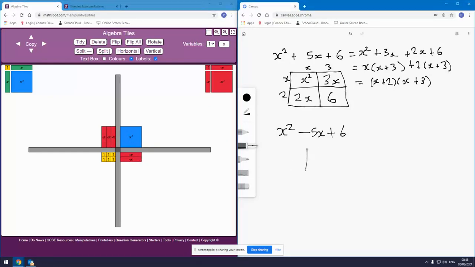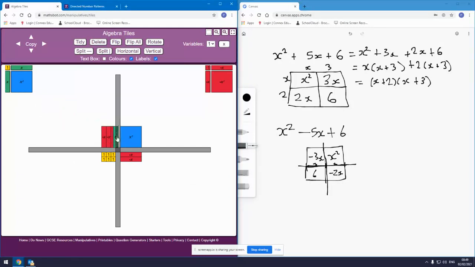Obviously, if you draw a picture of it, it's not as separate, because you can see now I've got my x squared there, I've got my 6 down here, I've got my negative 3x, and I've got my negative 2x, and I can see that actually, because this is now my axis in effect, that this is a length of x, and this is a length of 3, and then similarly vertically I've got a length of x and a length of negative 2,